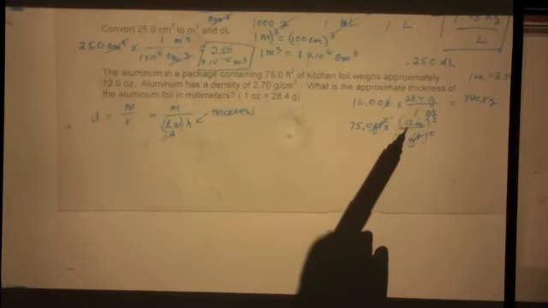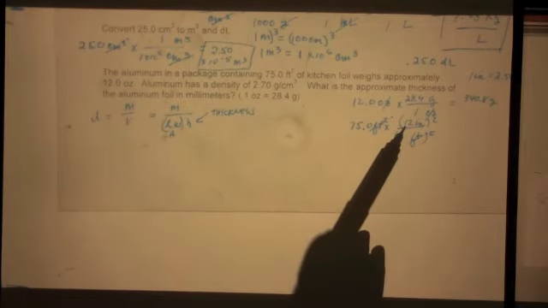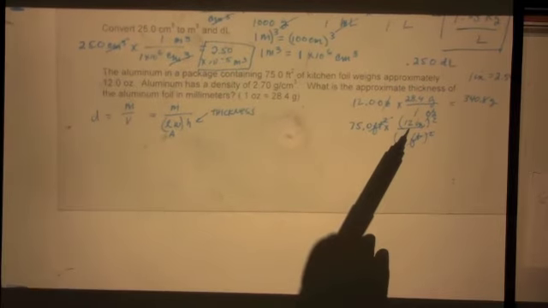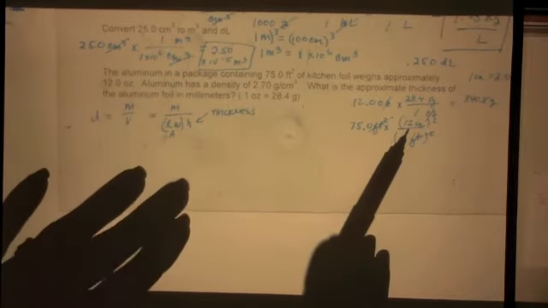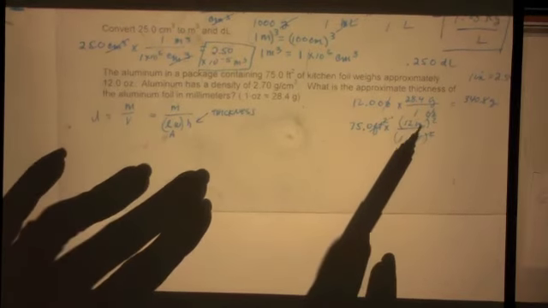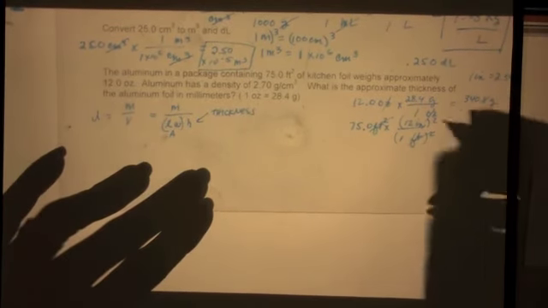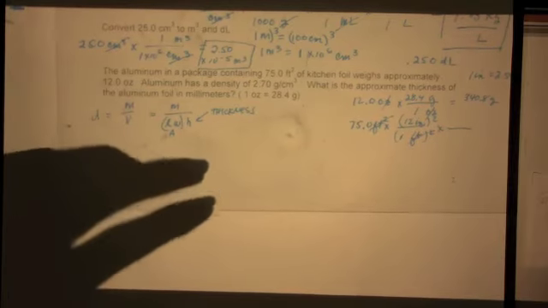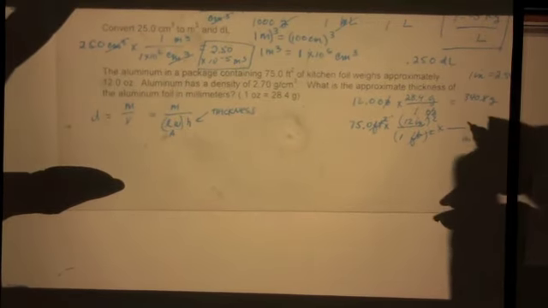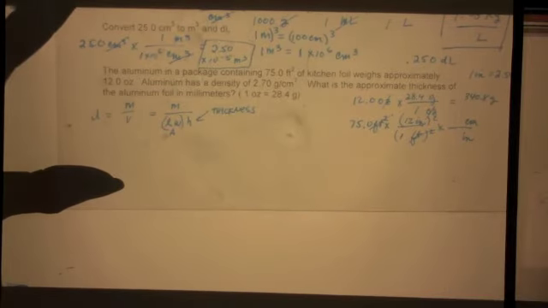Now, I don't care how you do it. If you just want to put that in your calculator as you do the problem, just make sure that you do eventually square the 12 also. So it's eventually going to be 144, whether you write it in or not. We are out of square feet. We are into square inches. We want to get to centimeters. So here's my conversion. I want to get rid of inches. I want to change it to centimeters. I know that 1 inch is